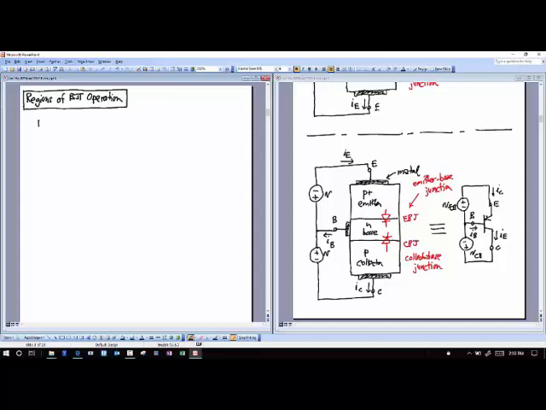Okay, I'm going to talk about the emitter base junction, and this is for NPN I'm going to do, and the collector base junction, and what mode I end up with if I bias these junctions a certain way. Okay, and so let me say F means forward bias. You don't know what that means yet, but R means reverse bias.